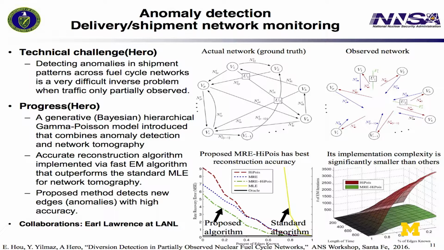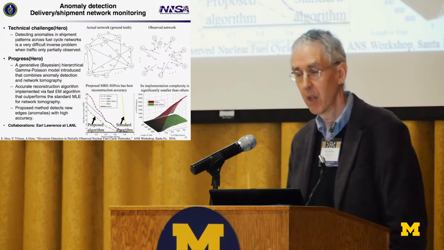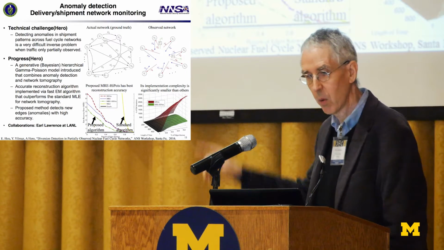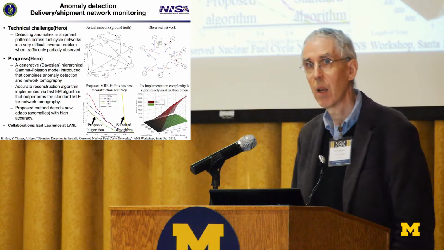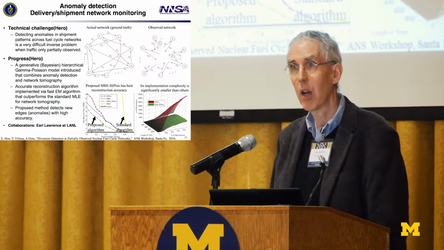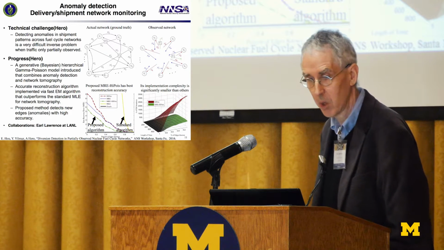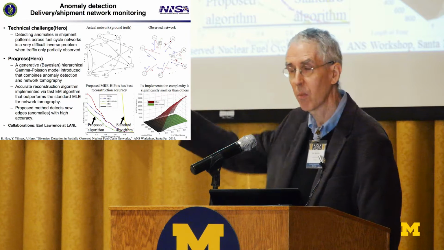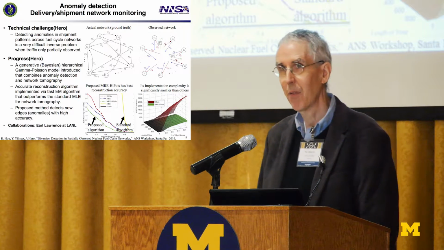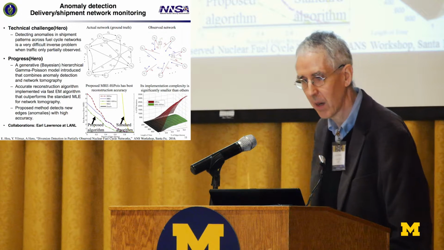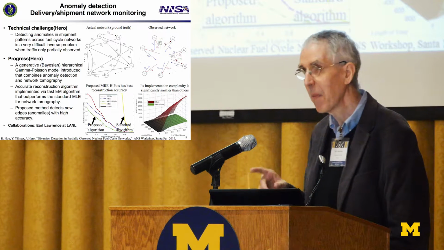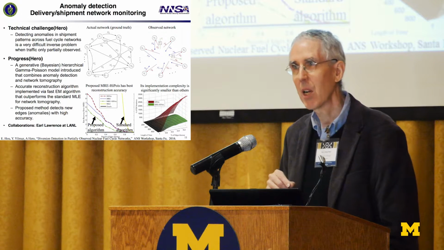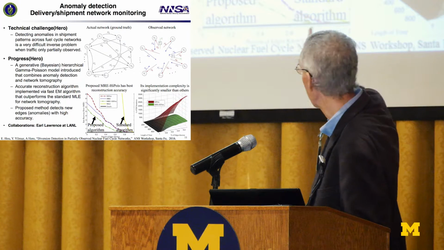So this shows a case where you have an actual network, which is denoted ground truth up here, a network of origin-destination pairs of shipments going from one facility to another facility. The little boxes denote observations of en route shipments. So you track a vehicle while it goes from one facility to the next. Obviously, very difficult, resource inefficient. But in practice, of course, you don't have complete observations, so you're stuck with observations on the right here,